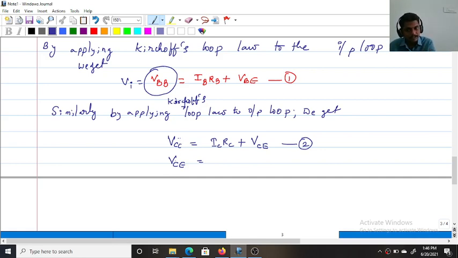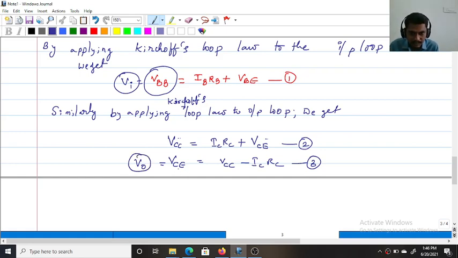So we are providing that as input, but it is not output. This is the voltage across the collector-emitter junction, which is nothing but the output voltage. That is why VCE can be written as VCC minus ICRC. So this acts like the output voltage. This is the input voltage, and the output voltage is collected across what? The collector-emitter junction. That is why VCE is equal to VCC minus ICRC.